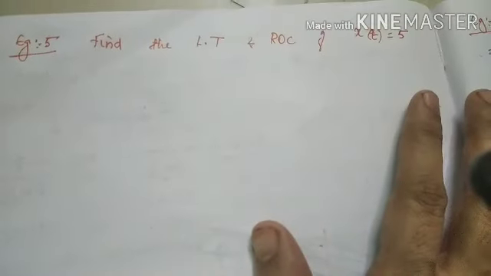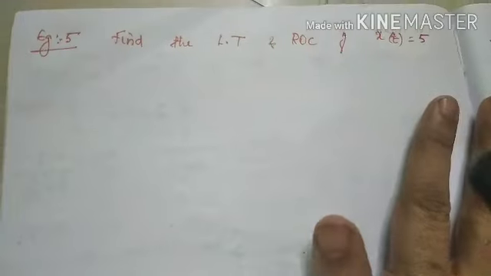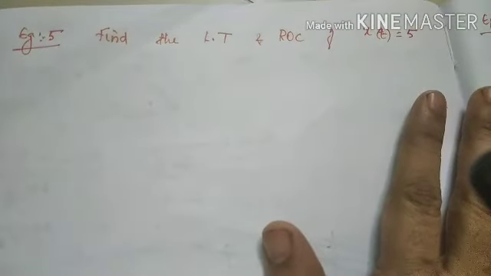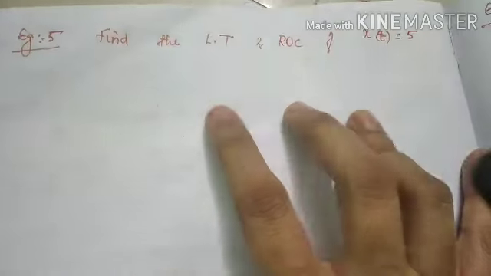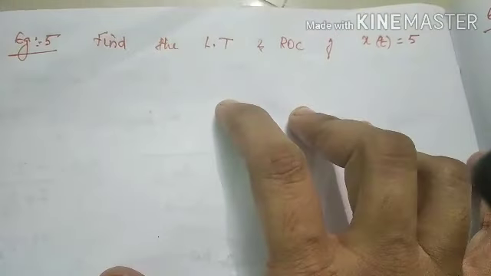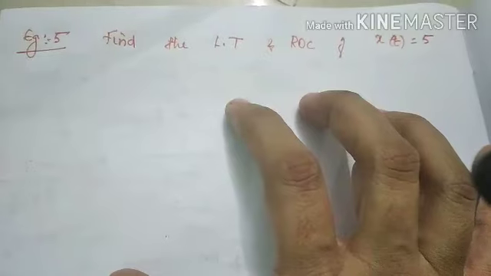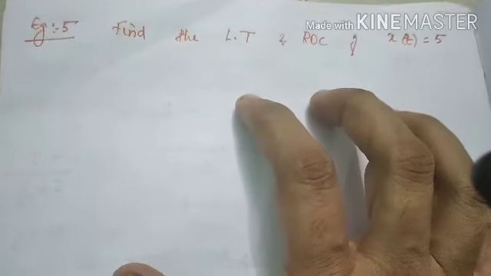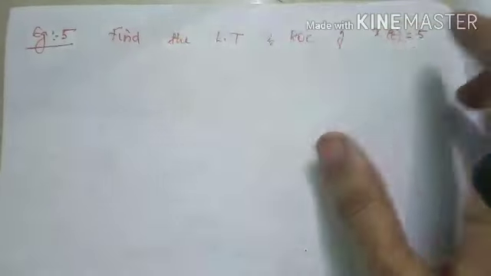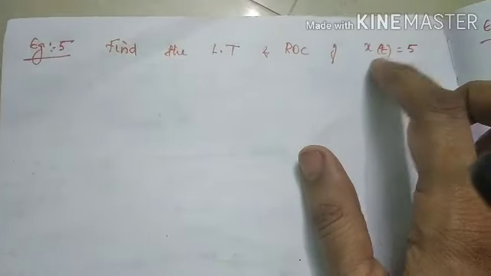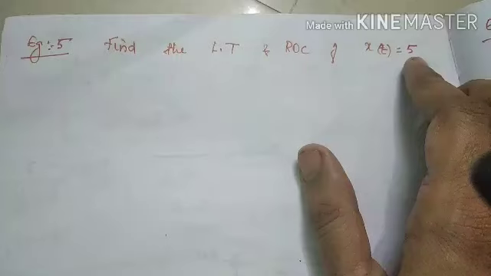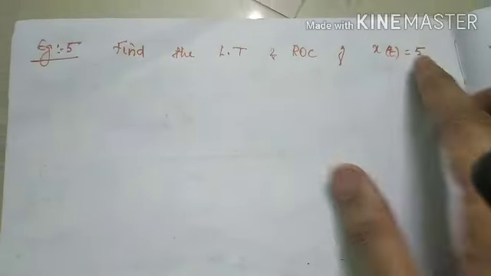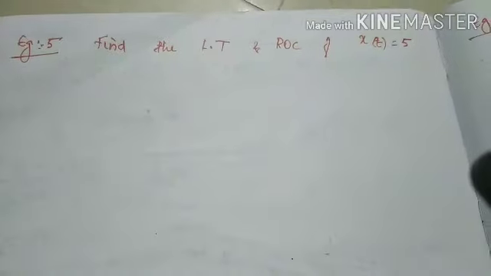In this session, we are going to see the Laplace transform and its region of convergence in the subject of signal processing. Now we will see the fifth example. In our last two sessions, we have covered four examples nearly based on the exponential signals. In this session, we are going to see one DC signal. See here, they have given the x of t value as 5. So x of t is equal to 5 and it is a DC signal. Then how can we plot this signal?